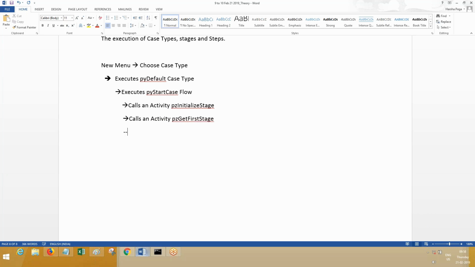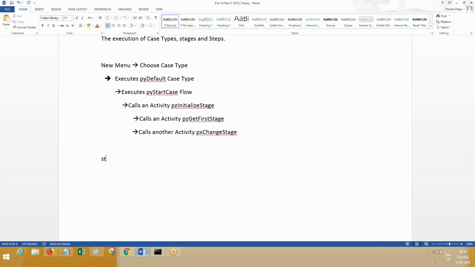What is that? px change stage. I will talk about this px, py, pz and all later, not now. This is how the execution will happen. Okay, so it is going to execute py default start case, pz initialize stage, get first stage.